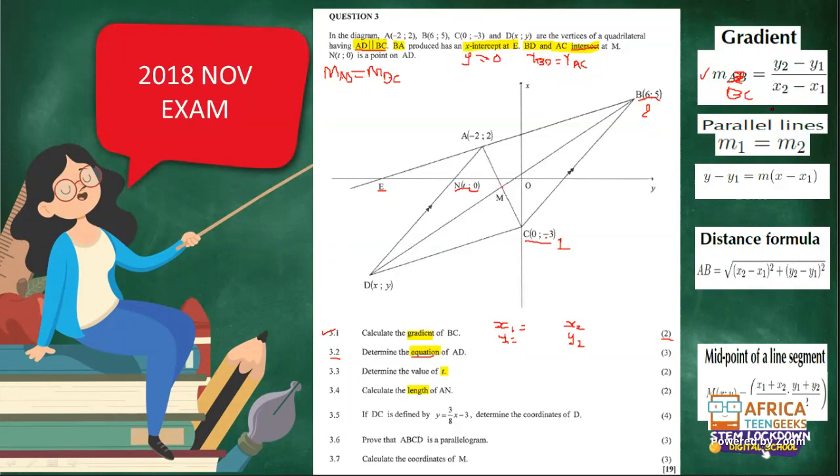Which of these equations are we going to use? Remember, we have a point. Do we know the gradient of AD? Because remember, if we're finding the equation of a straight line,